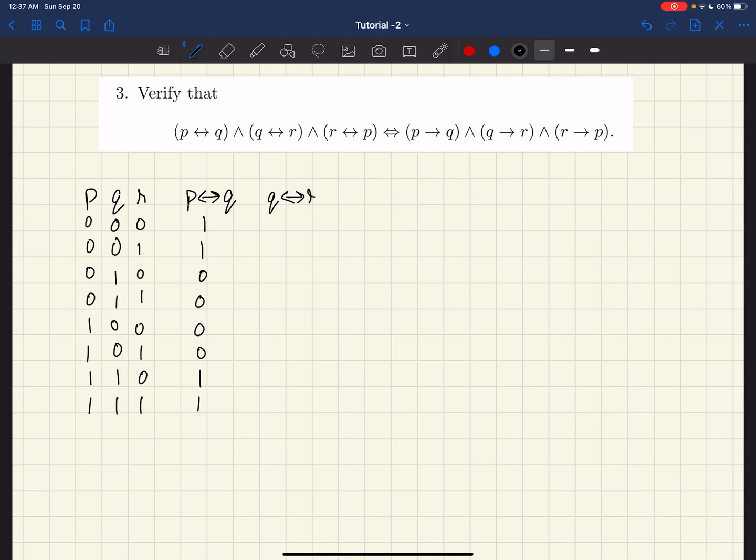For Q biconditional R, it's again the same thing. So it would be 1, 0, 0, 1, 1, 0, 0, 1. And for R biconditional P, it would be 1, 0, 1, 0, 0, 1, 0, 1. Now what we need